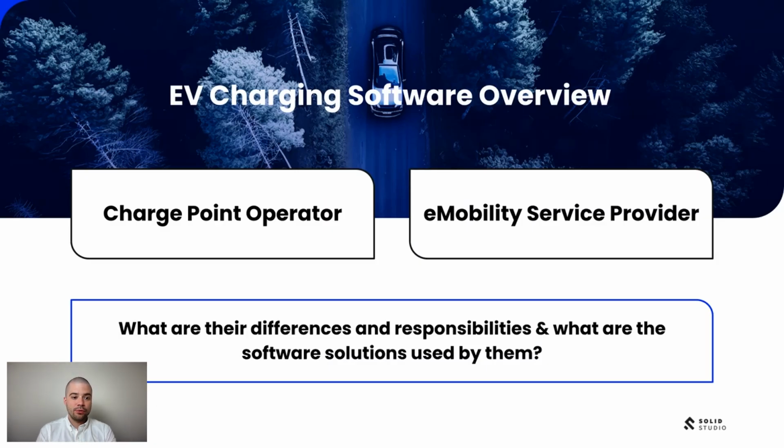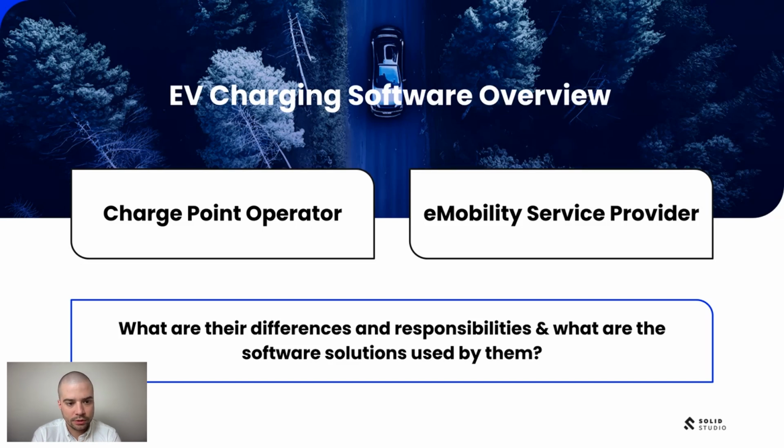Okay, now we can focus on the software itself. Of course, I understand that everybody already knows it, but I still wanted to be on the same page and have a very brief but clear separation between the main entities in eMobility. So of course, we've got the charge point operators, the entities that are managing the charging network.